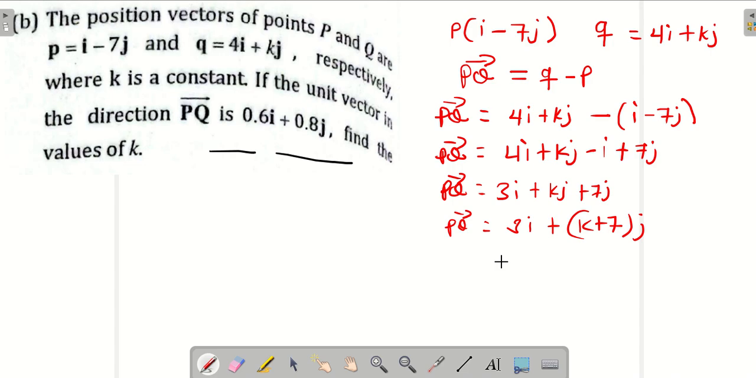Okay, so what you do is let's try and find the magnitude. Let's find the magnitude of PQ. PQ should be equal to the square root of